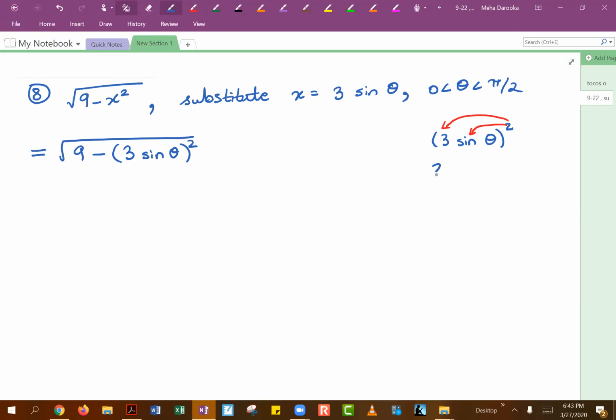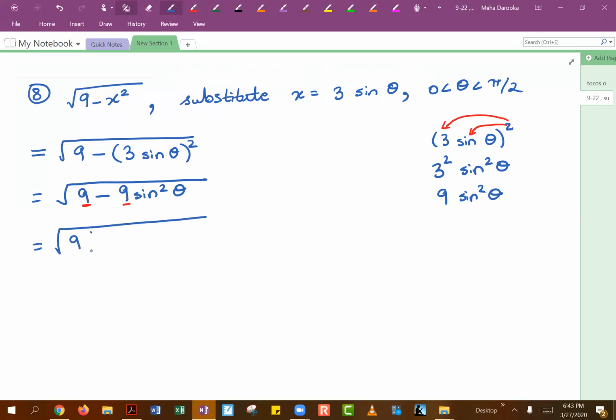So you end up getting 3 squared times sine squared theta. 3 squared will of course become 9, and then sine squared theta will stay as it is. So we'll bring that answer back into our radical. So now you can replace the second part with 9 times sine squared theta. So now you have square root of 9 minus 9 sine squared theta. Now since both of these terms have a 9 in common,